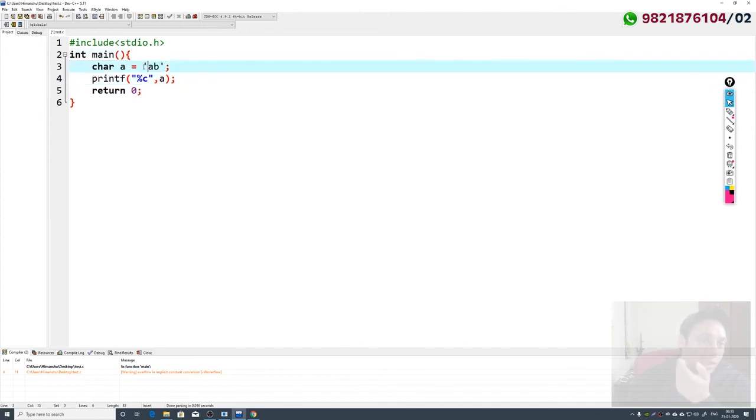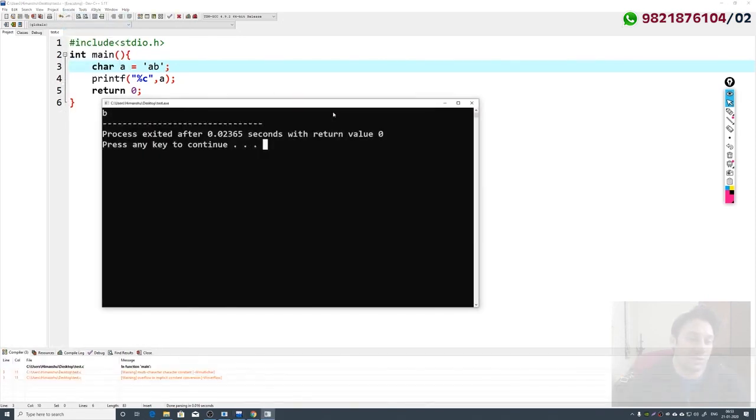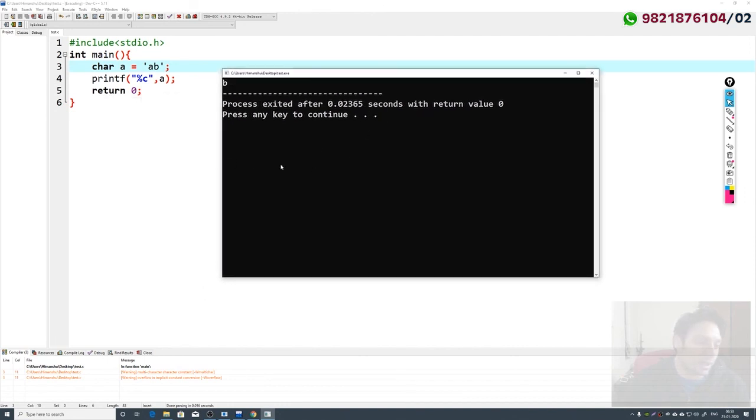But you can see a character can only store one character, right? So this A is a character. यहाँ पर सिर्फ logically एक ही character store होना चाहिए, but here I'm trying to store 2 characters at the same time. If I run this program, you can see there are no errors. इस प्रोग्राम में कोई भी error नहीं है, and still it is giving the output small b. यहाँ से जो output आ रहा है वो हमें small b आ रहा है.